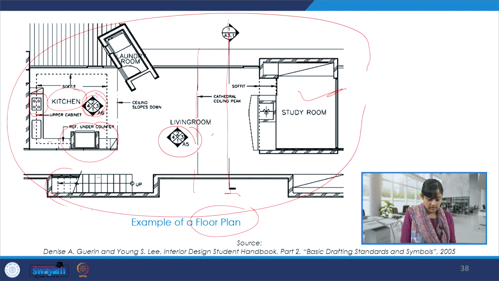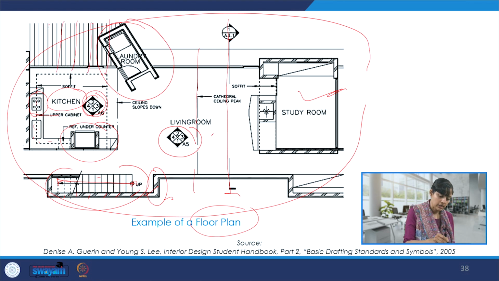Then here we see the staircase and we give this direction up, like we were discussing, up and down. We have to show directions through the arrows. And here we see again a material symbol. So what are these walls made of, etc. All those details are given over here. There is a laundry room, and then there is some kind of flooring over here. So the drawing could communicate every possible detail.